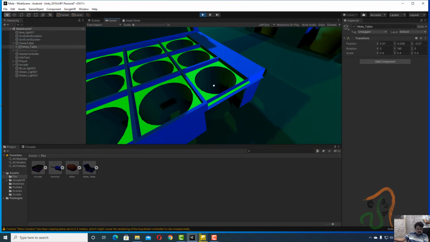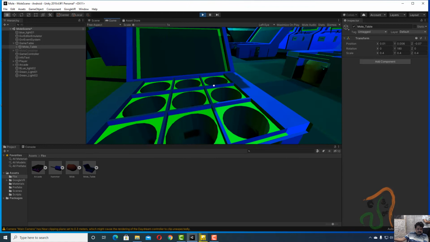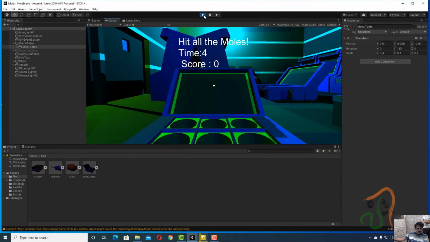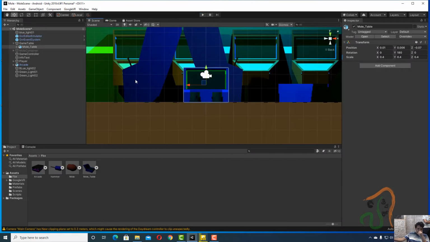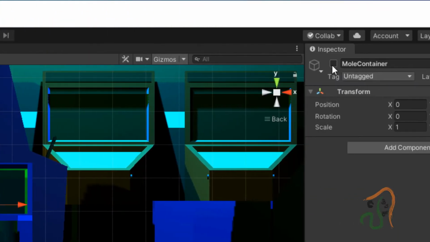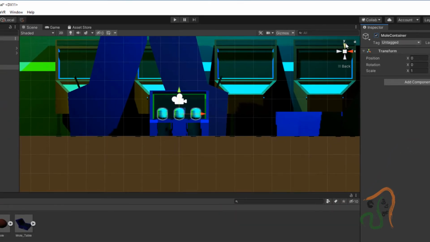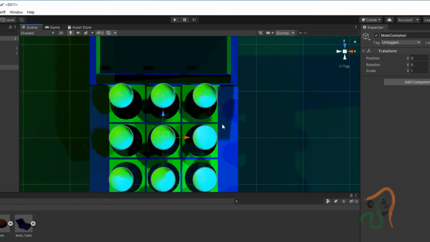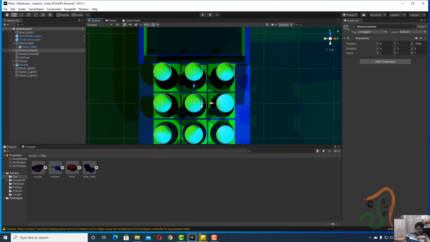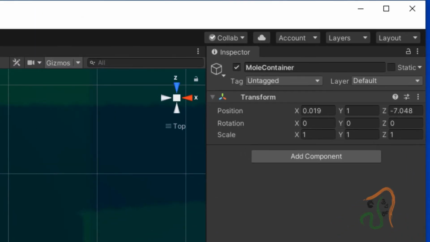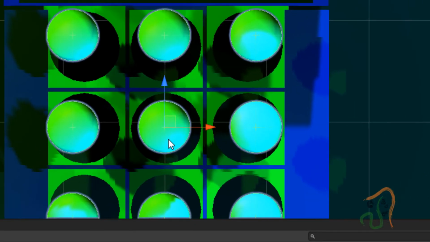Okay, now this is fine, so we can hammer it, and yes, this is now working fine. So this position is fine. Now let us stop the playback and come back to the scene. The next thing is, let us activate this mold container. Once we activate this mold container and come to the top view here, you can see the molds, that is this entire mold container, placed over here. Now we can adjust it correctly so that it is precisely placed inside this.